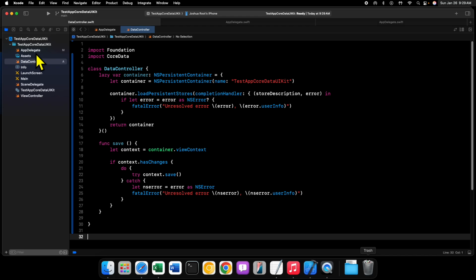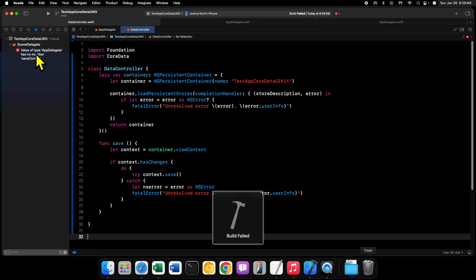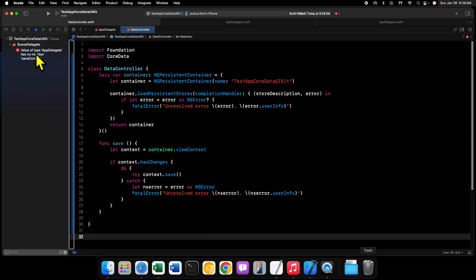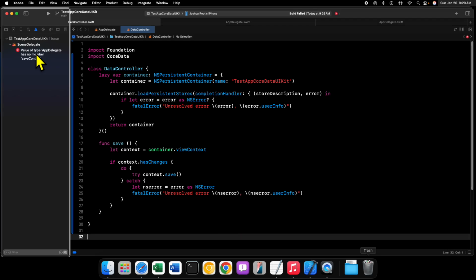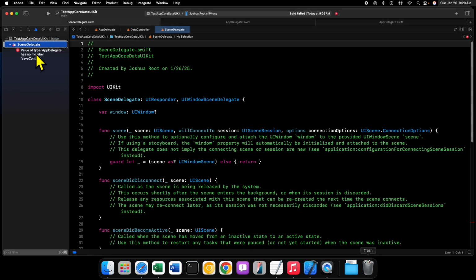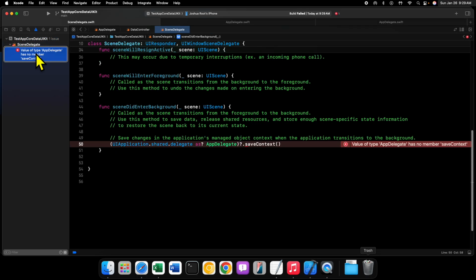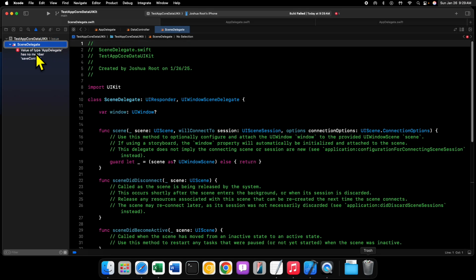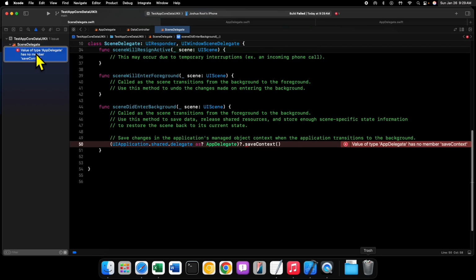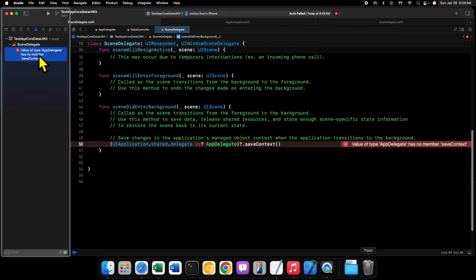When we save this and we try to run our code, we do get a build failure. So if we look in our issue navigator, we can see that we get an error, and that's because in our app delegate, we're trying to save changes when our app enters the background. So what we'll do here